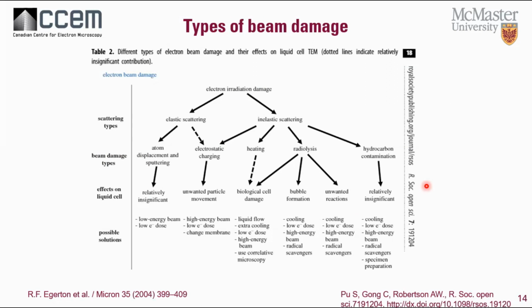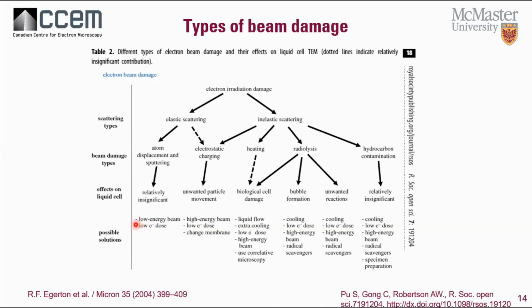The electron beam can induce many artifacts during the imaging processes within a liquid cell. Both elastic and inelastic electron scattering can lead to beam damage. There are 5 types of beam damage that commonly occur in electron microscopy, summarized here by Ray Edgerton in this paper. The first one, the atom displacement and sputtering, is a